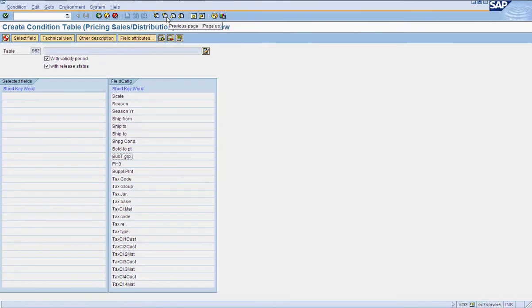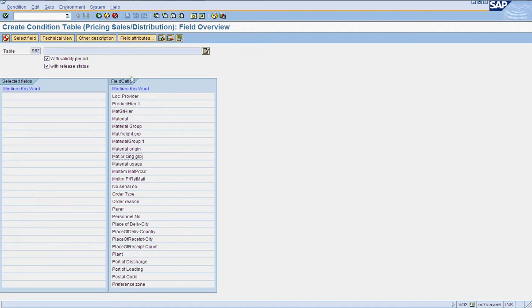Just click on other description, like whether you want to have long key or short key.